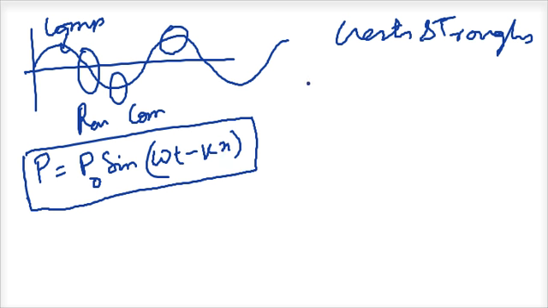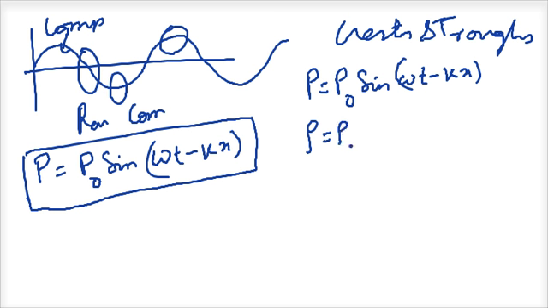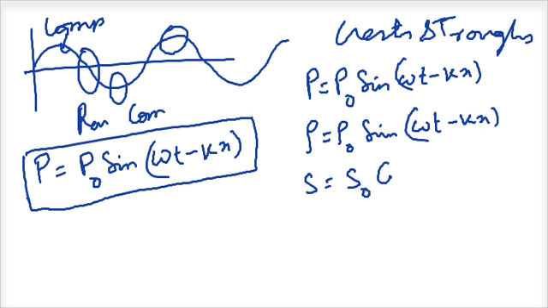So I am explaining that when you express it as a pressure wave, you may say P is equal to P0 sine omega t minus kx. When you say it is a density wave, you can say the density is equal to some rho naught into sine omega t minus kx. When it is a displacement wave, you will say it is equal to some s naught into cos omega t minus kx. What you need to understand is that if pressure is very high, automatically density is also very high.